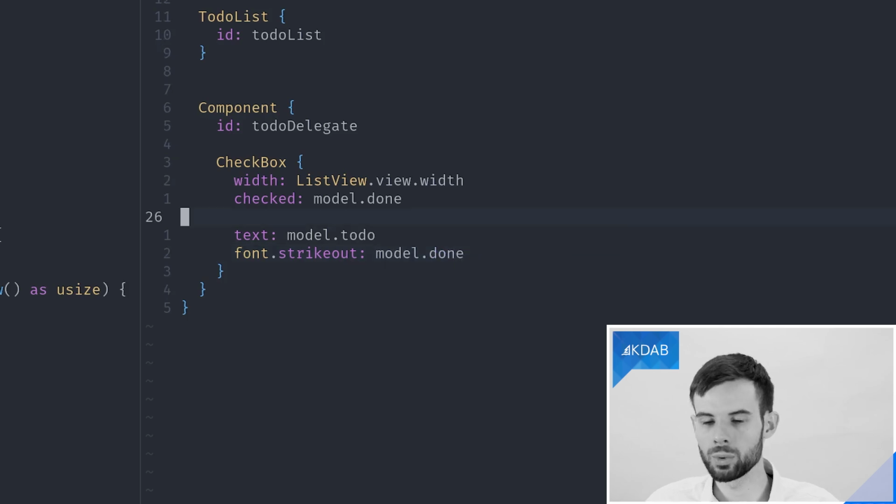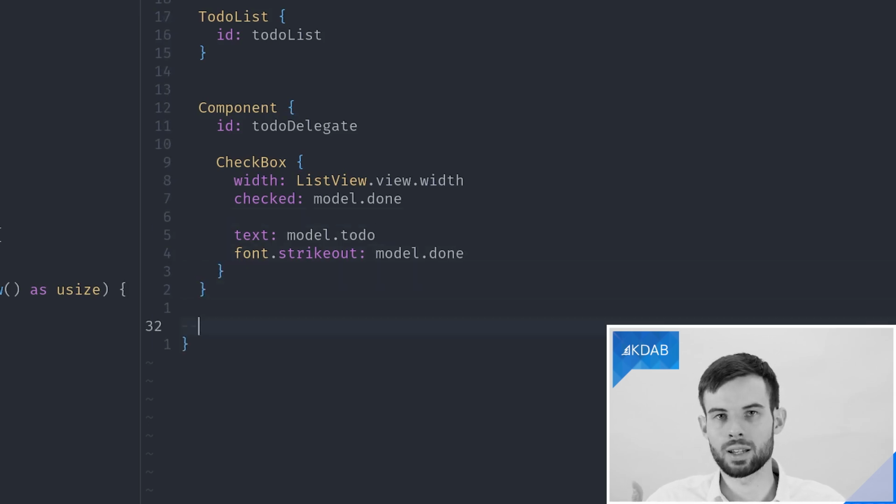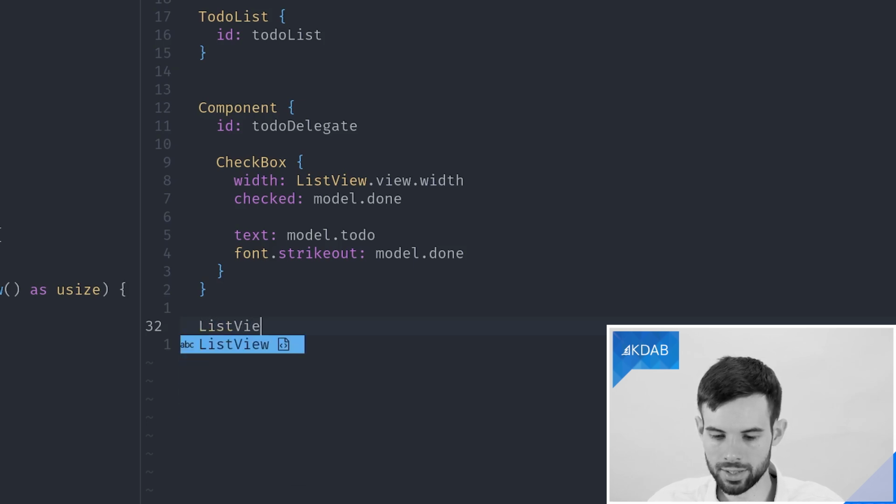And that is basically all we need to describe the checkboxes that will be instantiated for each individual to-do item. At least for now. We will then add actually modifying the to-do state later. So for now, this will just be here to display the data we already have, and we will get back to actually adding new to-dos and setting the checked state in a bit. But now we're actually ready to implement our list view.